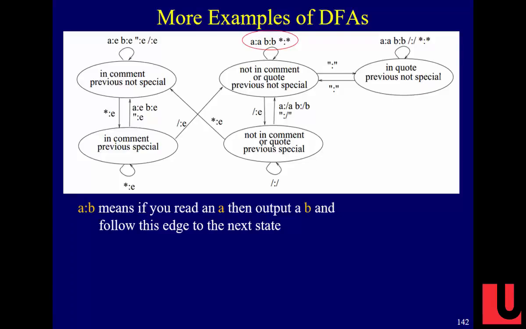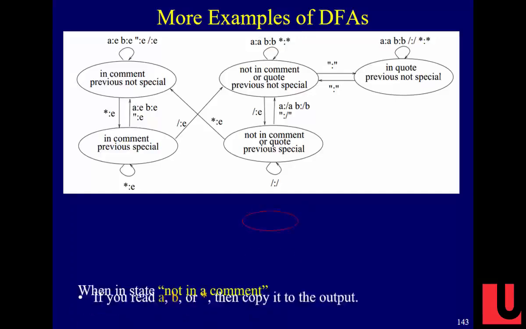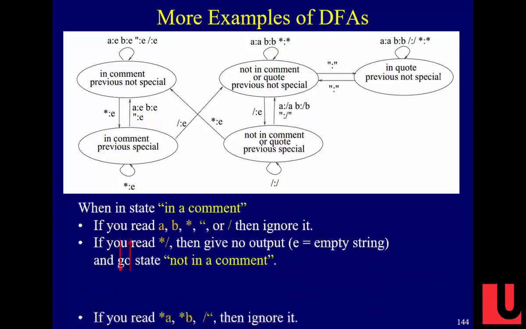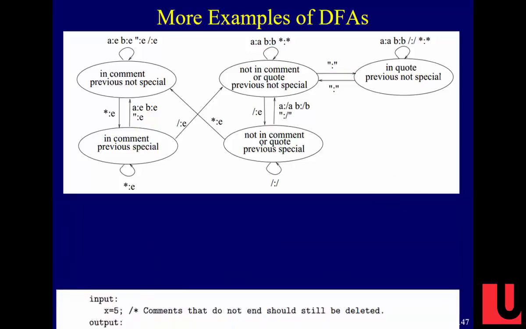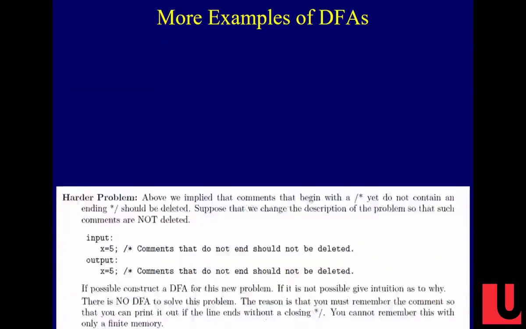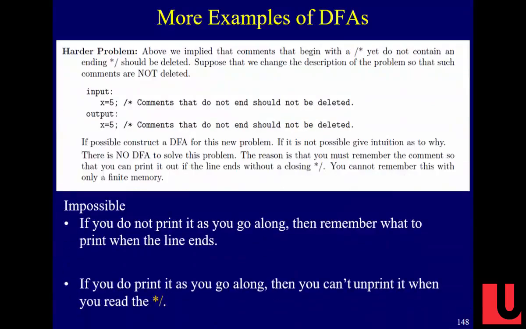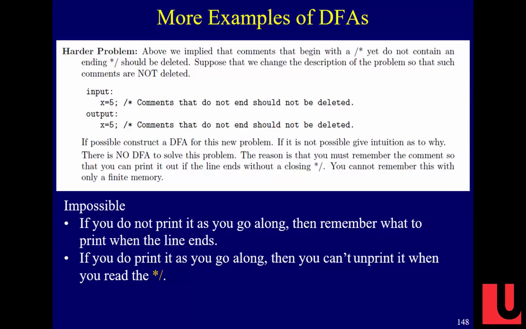Us in the 80s were really happy to have things process our files quickly like this. Right? That was the kind of processing we had. Everybody buy this? This is just going through it. We could go through it real slow, or I could just say it, and we're done. Right? Impossible. If you do not print as you go along, then remember what, I don't know, this